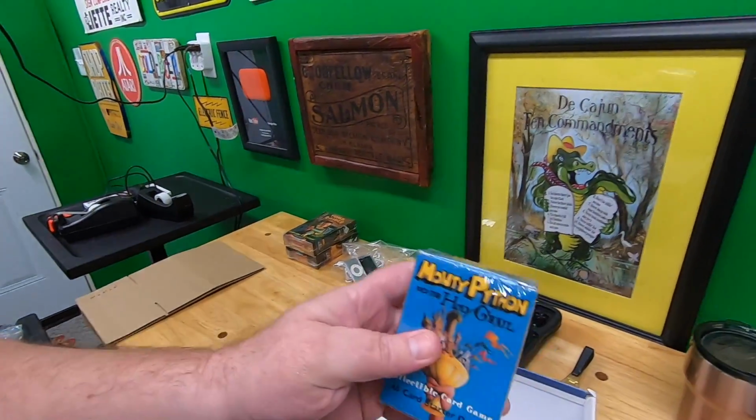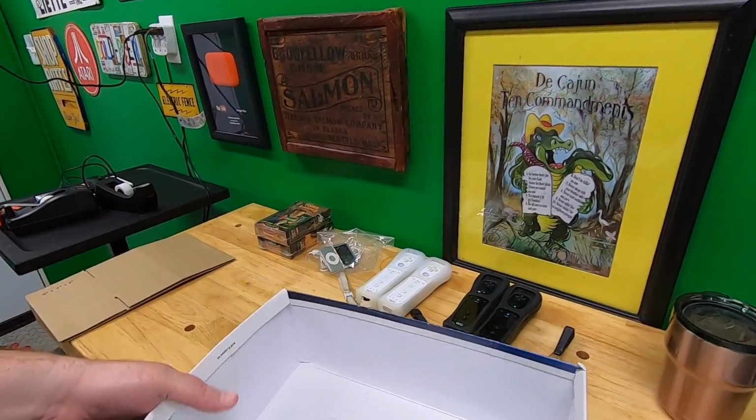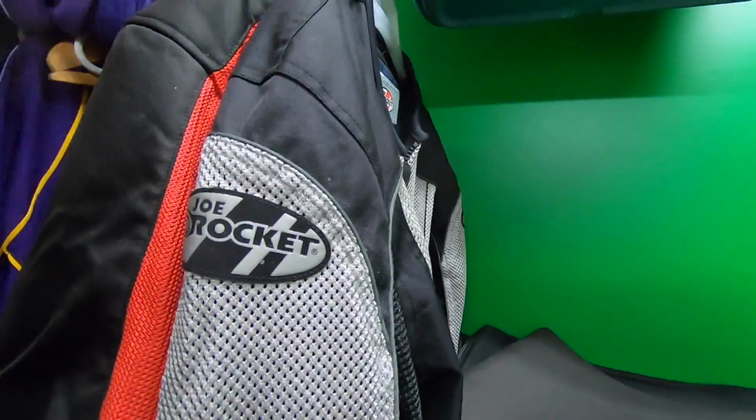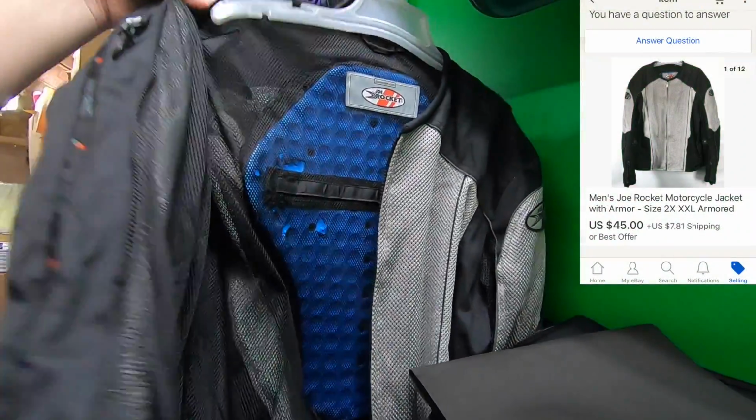So, but anyway, the last thing I have in here is this Monty Python and the Holy Grail starter deck. This box used to be full, y'all. All right, the last thing I'm pulling from my main account, I have some other stuff on the other account,